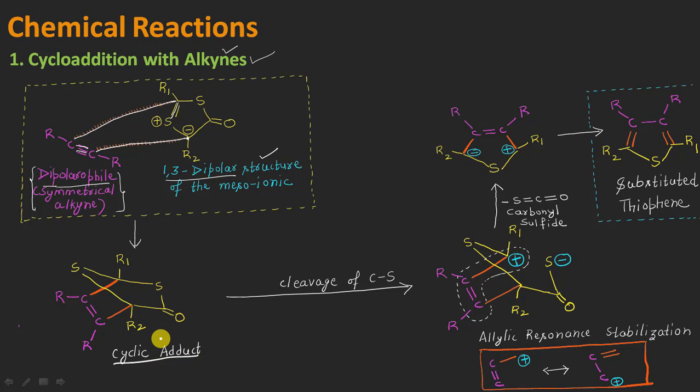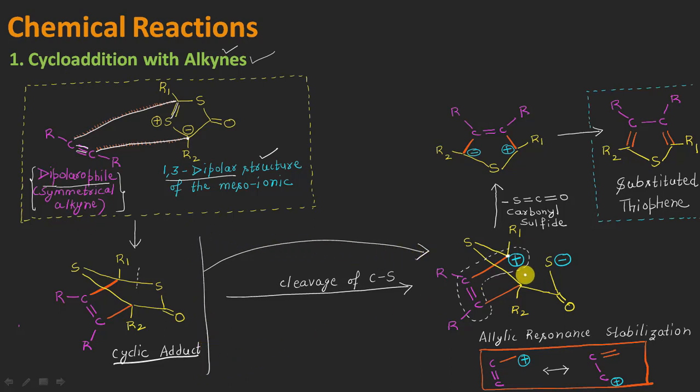So I want to add here that the mechanism is not some ionic mechanism. It is totally a concerted type of mechanism in which the bond makings and the breakings are occurring simultaneously, right? And now let us talk about the cleavage of this carbon and the sulfur bond, and let us see that after the cleavage, whatever positive charge will appear on this carbon atom, whether it will be stable or not. Because it only and only depends upon that if this positive charge will be stable, only then this reaction will be going from this to this here, otherwise it will simply stop here at this stage.